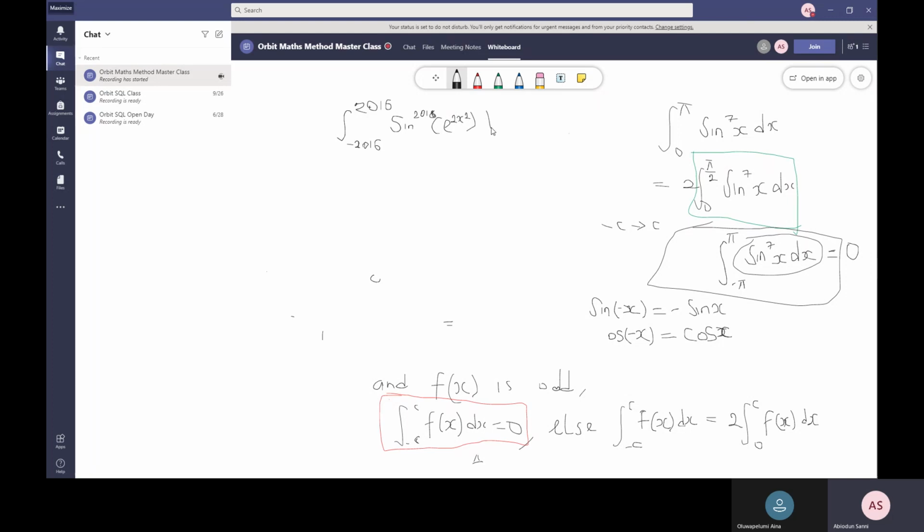dx that you integrate. Now if you don't know the logic behind this thing, you start thinking of how you want to start to integrate this thing. And all you just need to say is this is actually 0 because sine is an odd function. Then you state this theorem. So it happens like that.